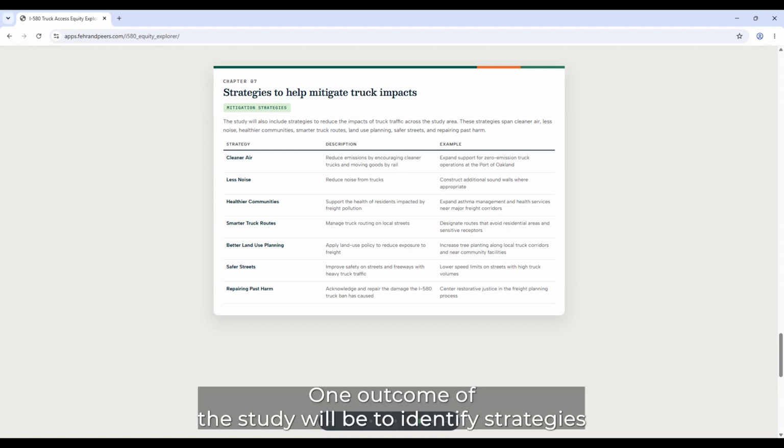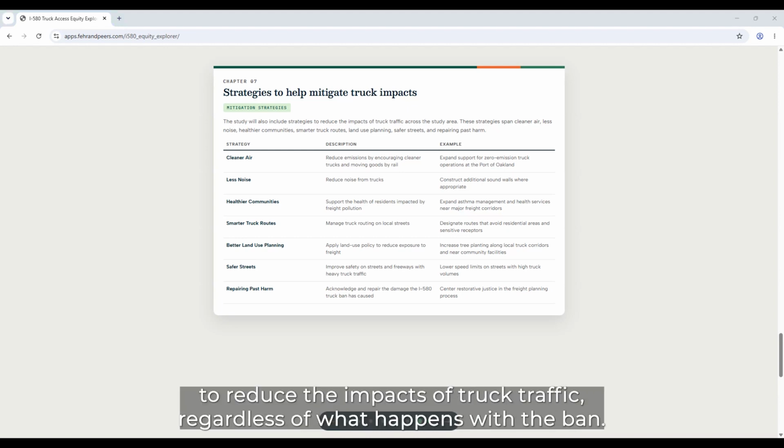One outcome of this study will be to identify strategies to reduce the impacts of truck traffic, regardless of what happens with the ban.